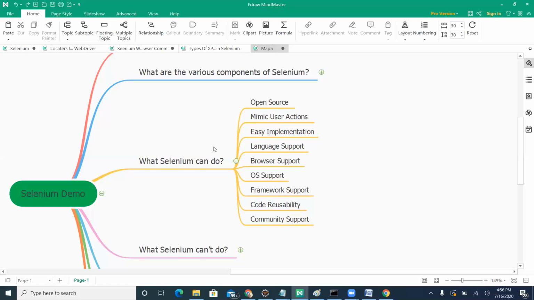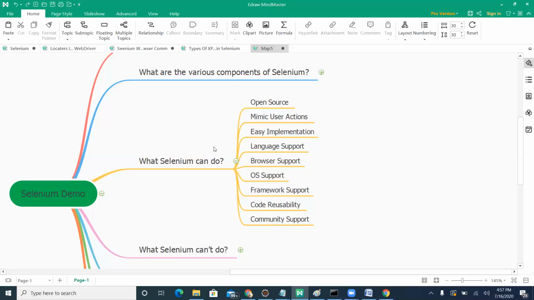And browser support, we have seen, Selenium works with whichever browser, if the application is developed with HTML or PHP or any such technology behind the browser, it can be automated with Selenium.